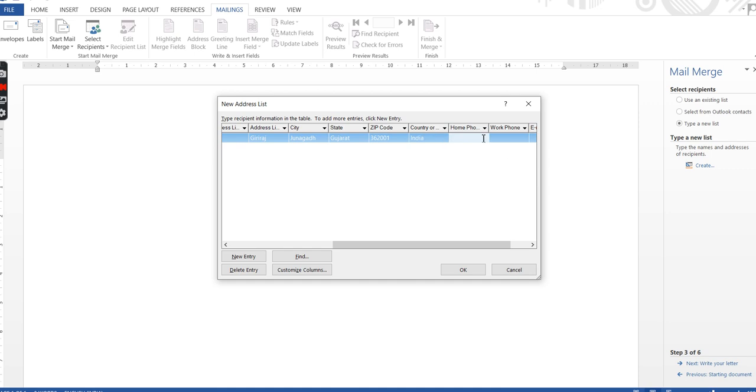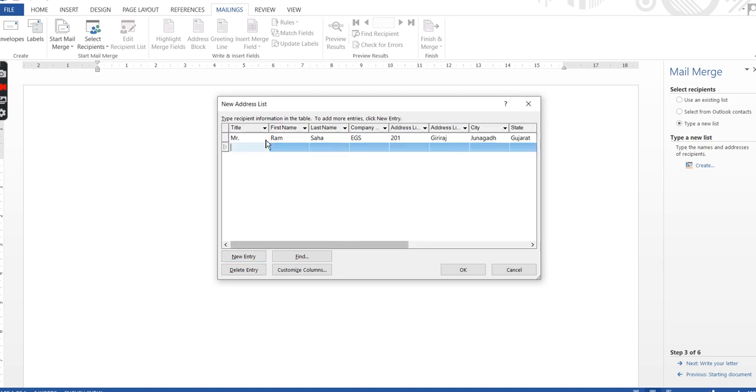Home number, you can write 0. Phone number. Email ID. Like this you will fill in another entry.